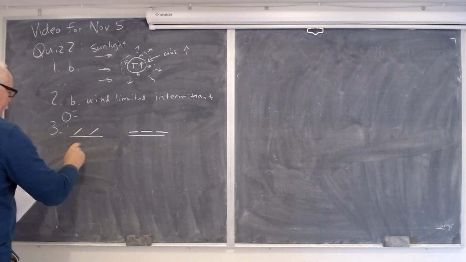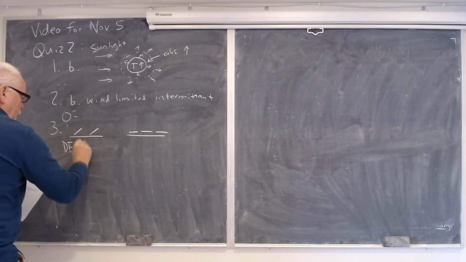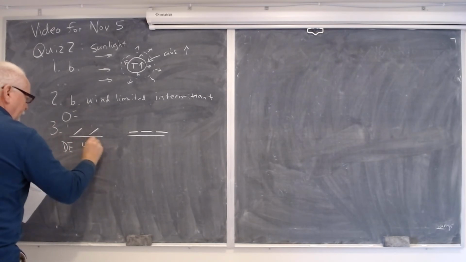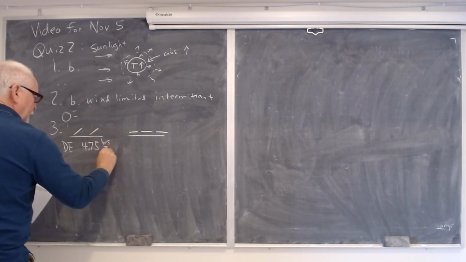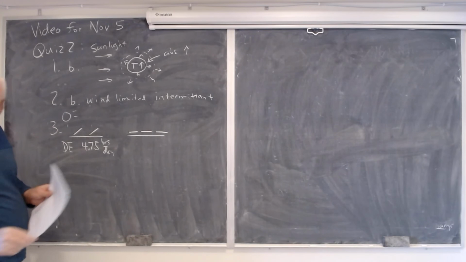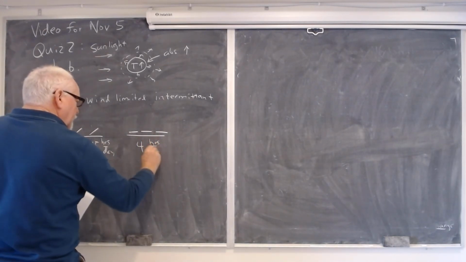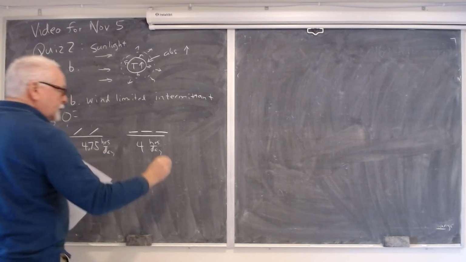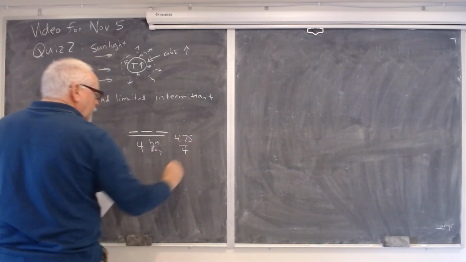For this configuration for Delaware, you get the equivalent of 4.75 hours per day of full sunlight, whereas for this configuration, if you look at the map, you get the equivalent of 4 hours per day. And so 4.75 divided by 4,